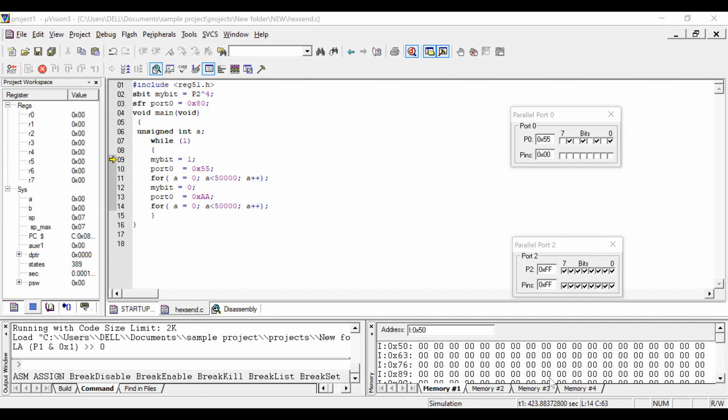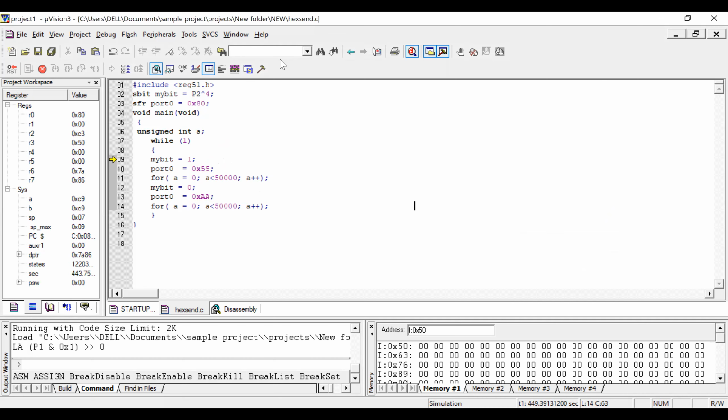Just a simple toggling program. This is how you control the port pins of your controller by using C language. We have seen a simple program, how we send a character to the particular port. In later classes, we will discuss slightly more complex programs.